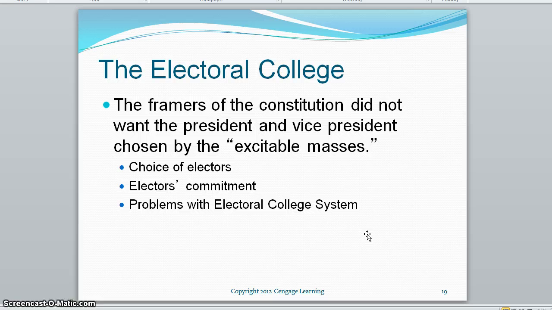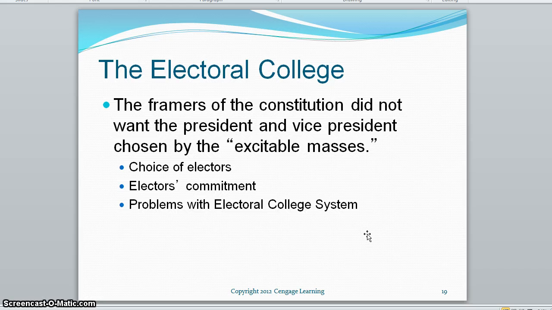The Electoral College was set forth in Article 2, Section 1 of the Constitution, as the framers were worried about elections being decided by the, quote, excitable masses, unquote. So voters in presidential elections are not truly choosing a candidate, but electors who then vote for that party's candidate. The total of a state's representatives and senators is used to set the number of its electors. Currently, there are a total of 538 electors, so a candidate must win at least 270 electoral votes to